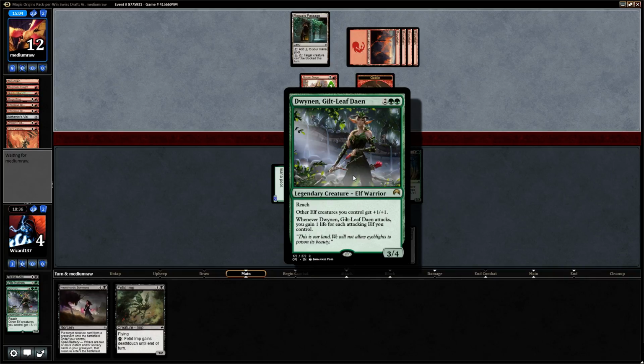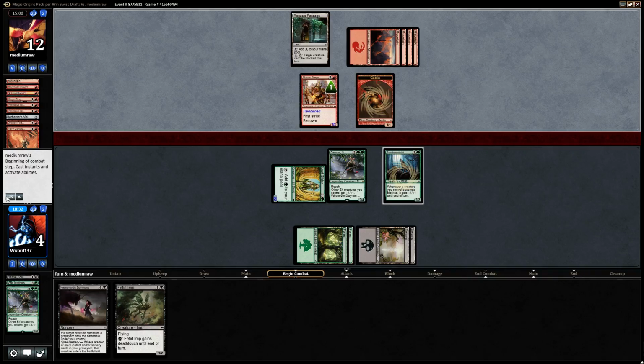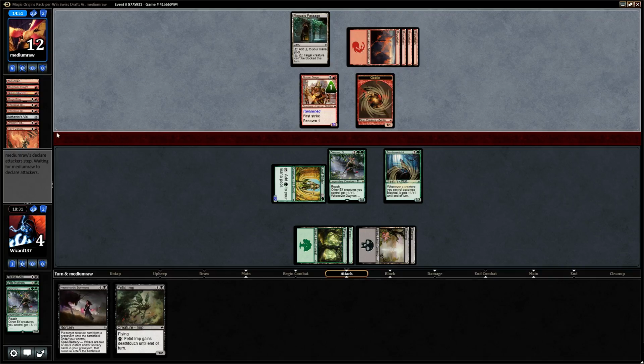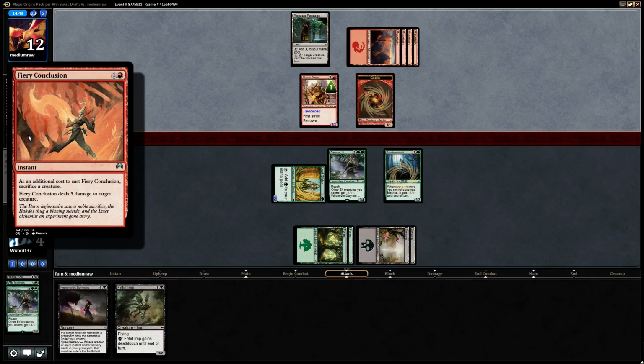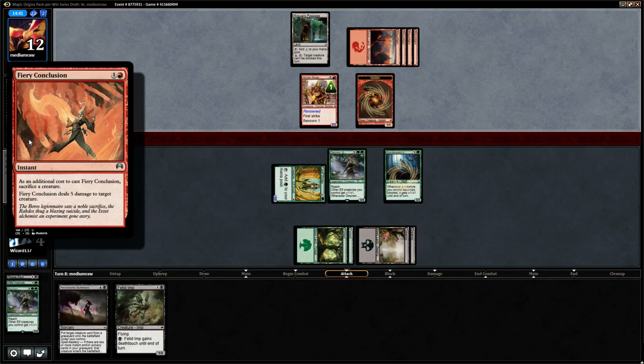So this is probably going to kill the Dwynen. Oh, did he not choose? Oh, he chose his own creature as the target. I almost did that when I played. I don't know if it was Fiery Conclusion, but it was something like that. Yeah, it was Fiery Conclusion, where I targeted my own creature as the one that was targeted with the conclusion,